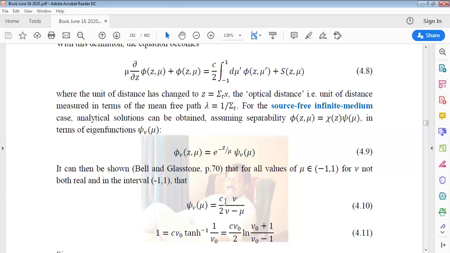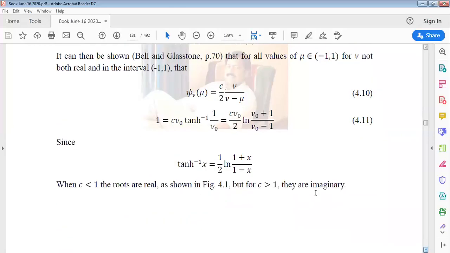When you integrate this from -1 to +1, you get this right-hand side, which can be expressed in terms of the inverse hyperbolic tangent by this equivalence. In order to find the relaxation length, which is of order nu naught, you have to solve this transcendental equation. Now, I've got a MATLAB program